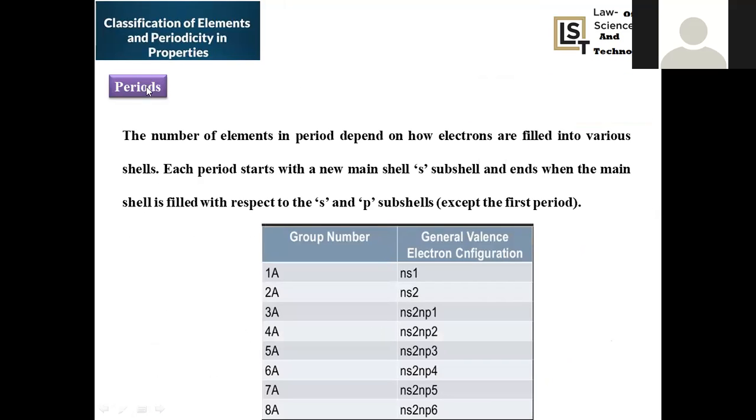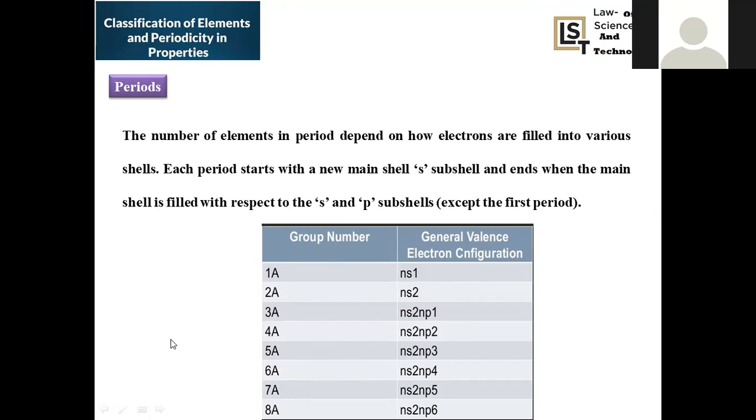Now, in extension to the things related to the period, the number of elements present in a period depends upon how the filling of electrons proceeds, right? How we are going to fill the electrons in that period. Based on that, the type of period will depend. When you take group number 1, all group 1 elements have general electronic configuration ns1, group 2 will have ns2, third group ns2np1, fourth group ns2np2, fifth group ns2np3. These are the general electronic configurations with respect to groups.